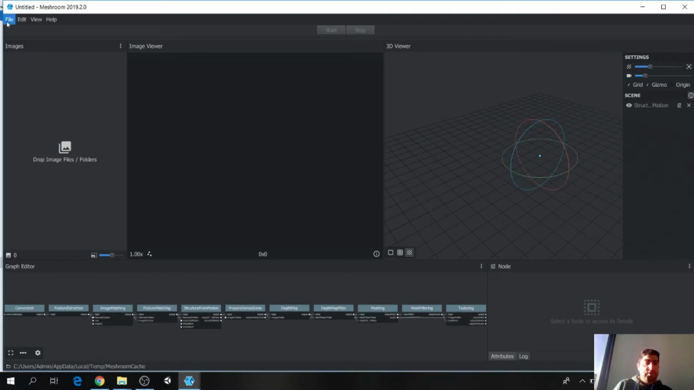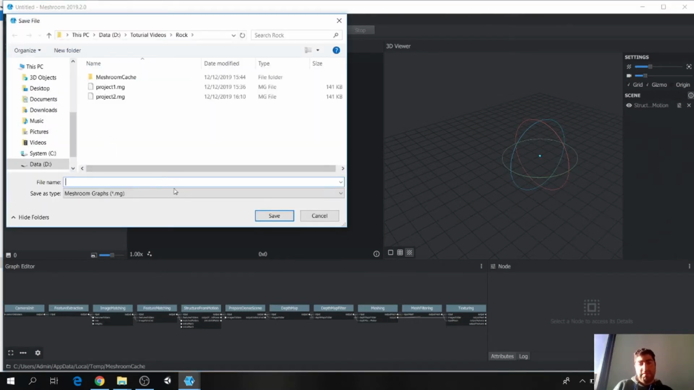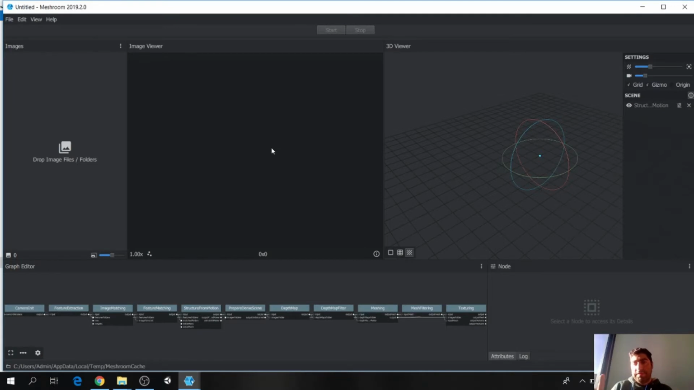Just before starting, you should go to File and click on Save As, and specify one address, because at the end all of the results will be automatically saved in that place. So just before starting your projects, do File and Save As. First you should import all of your images here and save as, and after that start your